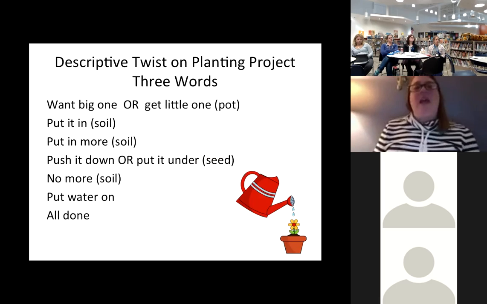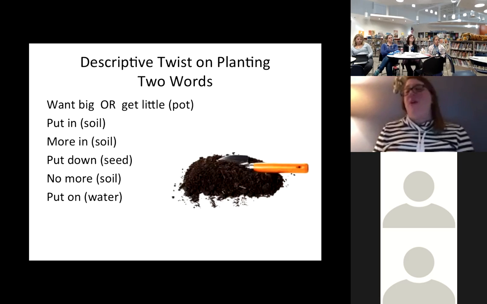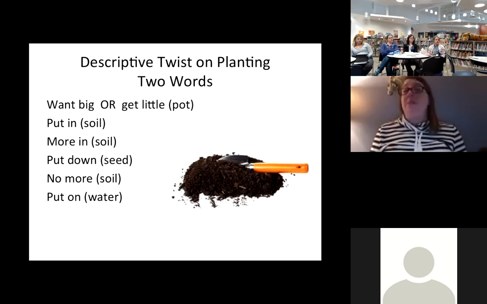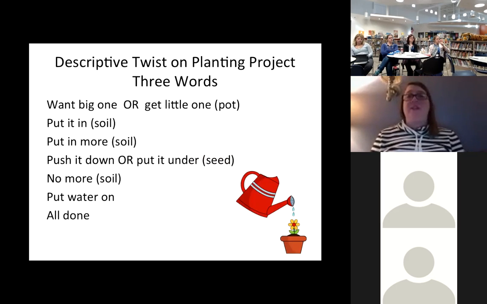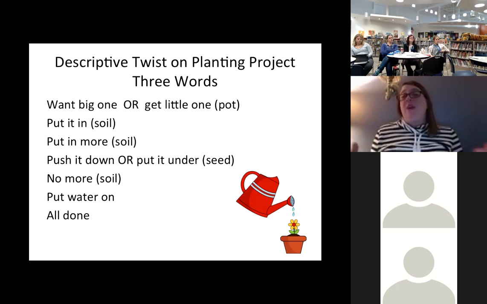Okay, I would even emphasize put over pour when it goes to water, because put is a really high frequency word. Put makes the core list and pour does not. Okay, so let's do a 3-word activity, right? We could say want big one or get little one. Dirt, soil, put in more. The seed, push it down or put it under. Put water on. And so you can see how, regardless of where the student's language level is, you could be